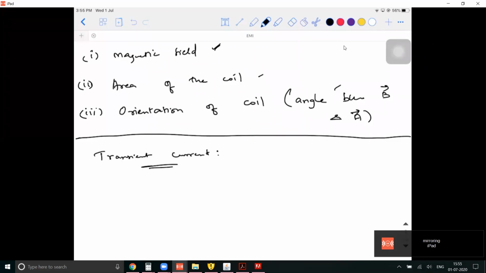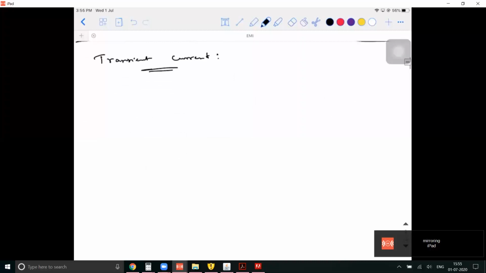So when will the transient current exist in this particular material? As long as you are able to change the magnetic flux, you can make this current flow through it. The instant you stop it, it's going to stop. You have to understand this, right? So what is the whole context of this chapter? By changing the magnetic flux within the pickup coil, we can generate electricity within it. So if electric current is able to get generated, who is responsible? How will the electrons flow within the conductor? Can they flow on their own?